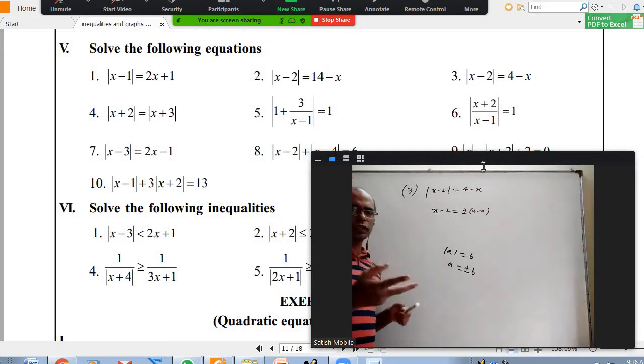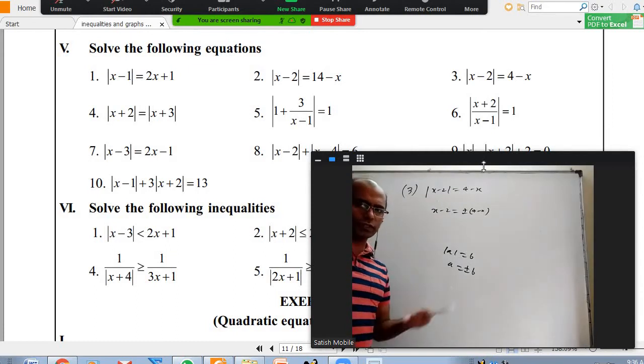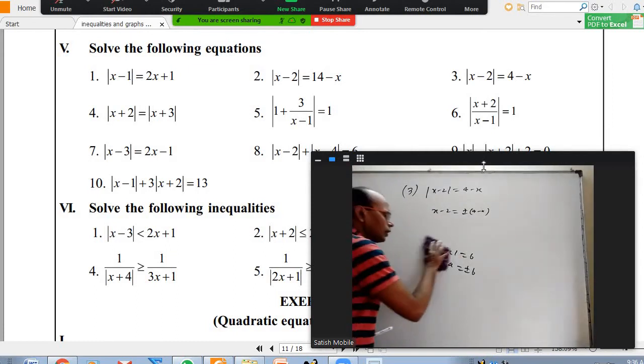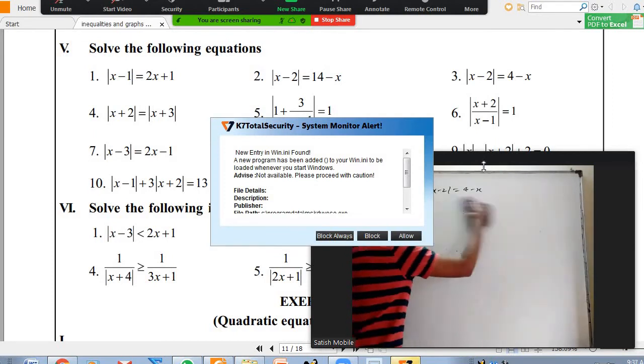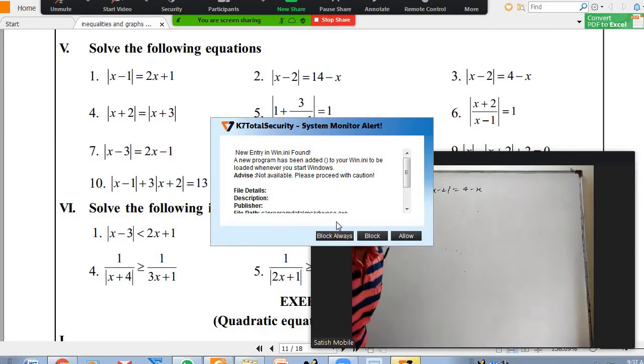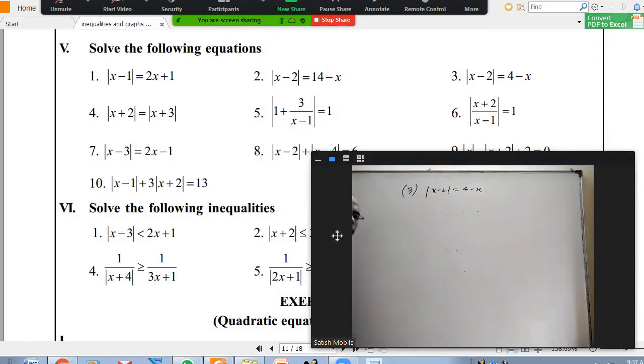You can get two x values. Put those x values back. Whichever satisfies, they're correct. The other one will be wrong. We can check. Nothing wrong in this. But if you want to write properly, because in an inequality we will not be able to check. Later on we are going to deal with inequalities, so we are preparing for that. Okay.